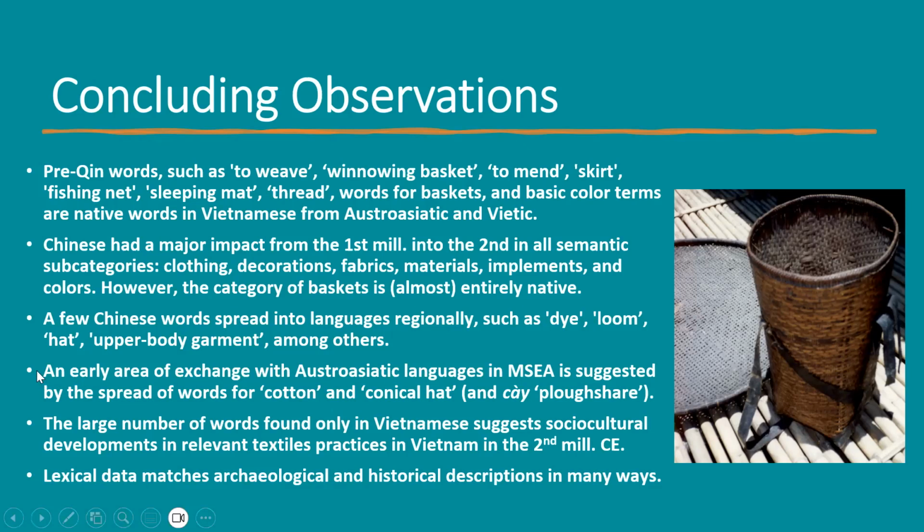What I think this also shows is an early area of exchange among Austroasiatic languages in mainland Southeast Asia. We saw that with that word for cotton from Indic, but it's widespread among the languages of mainland Southeast Asia, Austroasiatic languages, and others. Conical hat, and I'll add this, it's not for this category, of course, but this ploughshare word